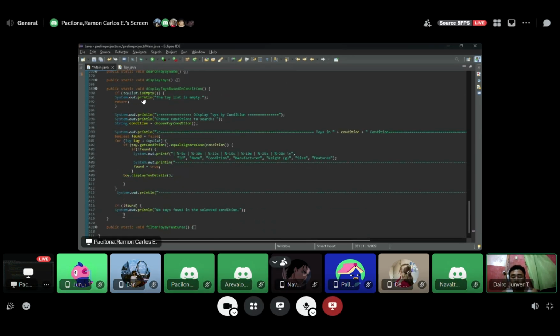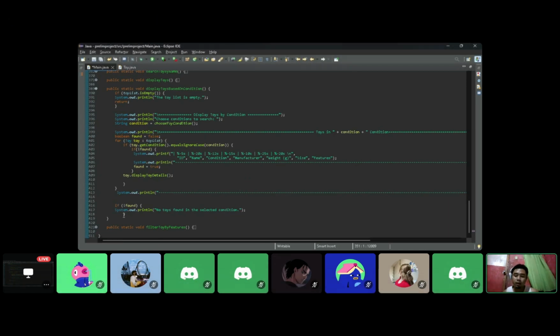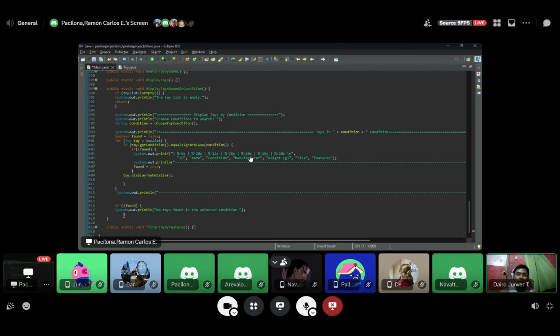Let's check first, the same procedure. And also we have error checking for not found toys in the selected condition. For example, if the user enters any kind of ID that is not recorded on the toy list, it will notify the user: no toys found in this selected condition.